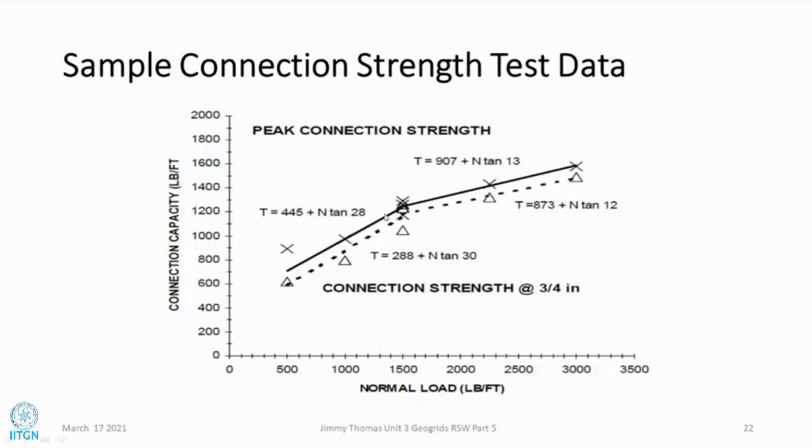So this is something like our direct shear test, which we do in soil mechanics, where we apply a normal force and measure the shear strength. But this is a frictional connection. As you increase the normal load, the connection strength also increases, but it is not linear. After some time, you find the failure may be rupture also. This type of line is unique.